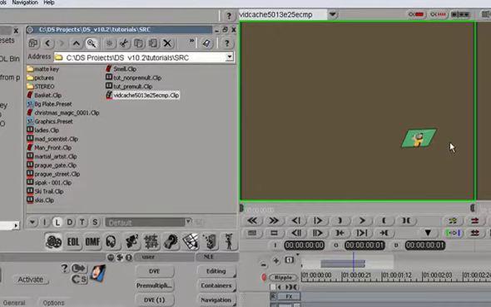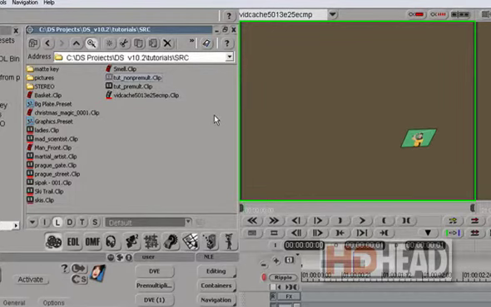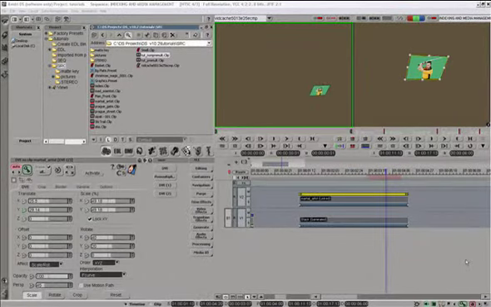But if you had an orphaned media file, like for example, if you deleted a clip by hitting delete on the keyboard, which deletes the clip but not the media, you can sort of recreate this clip by linking back to it.